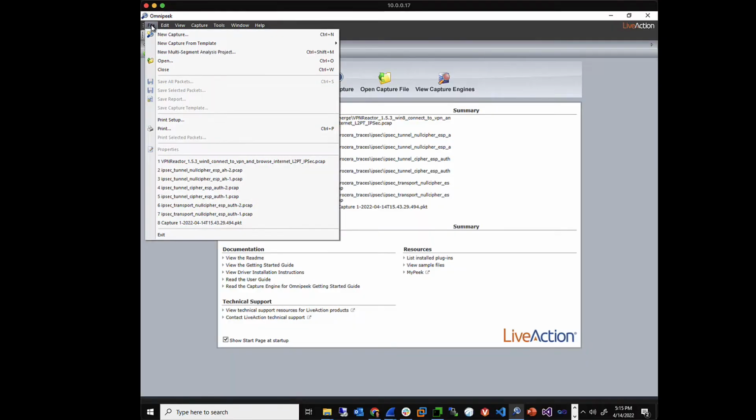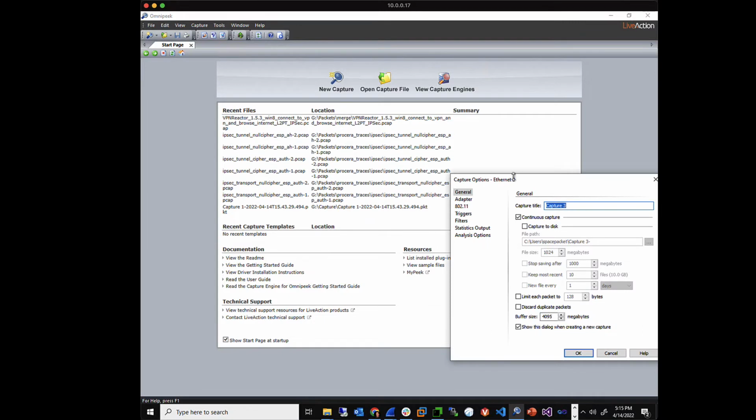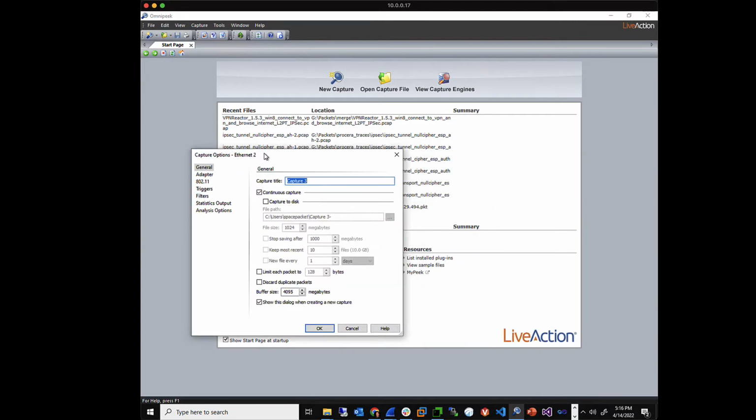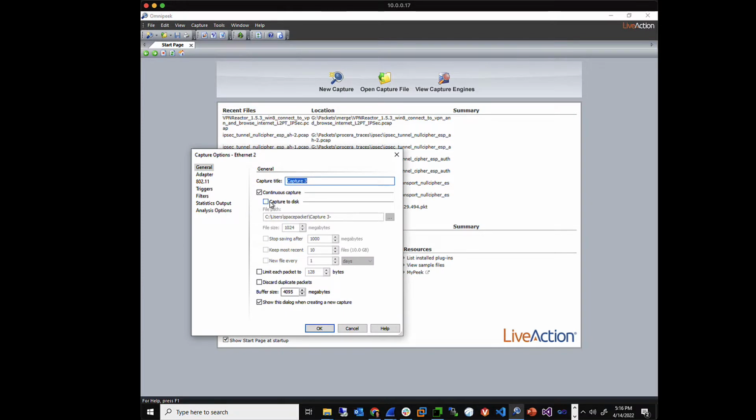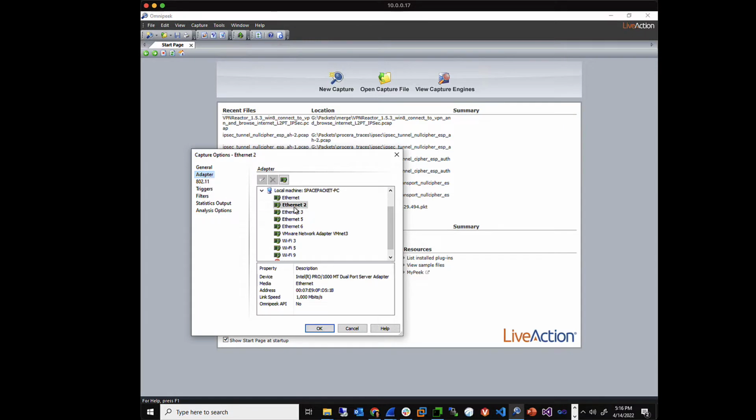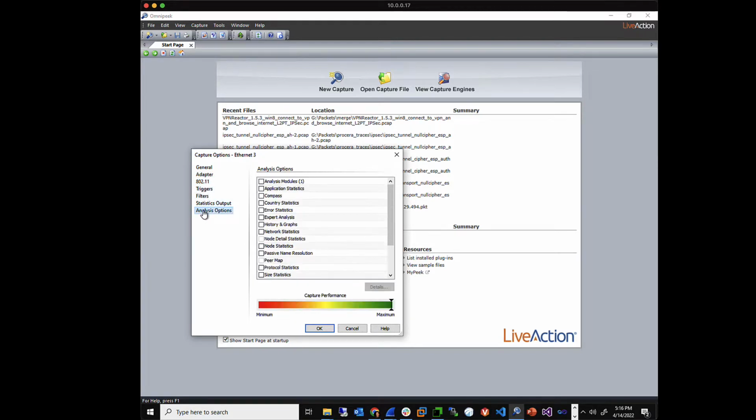So let's go ahead and create a new capture. You saw how I did that. I could go to the file menu and bring up the capture options. I could also just say from the start page, new capture, and it will just leave the capture to disk options alone. I'll go ahead and select the adapter that I want to capture from, and I can enable all